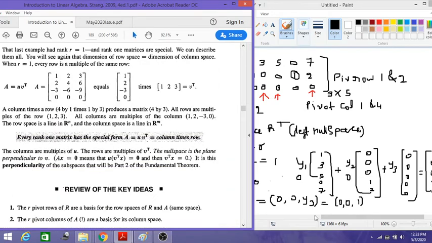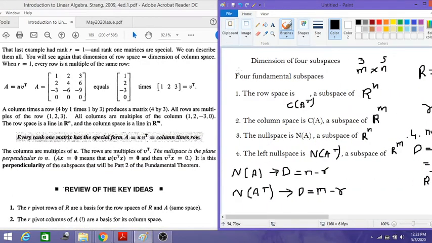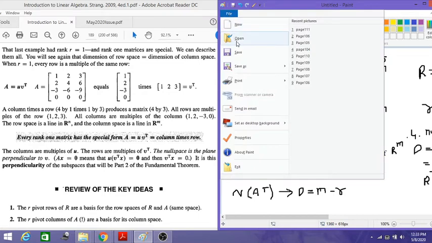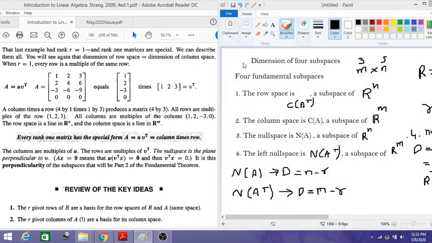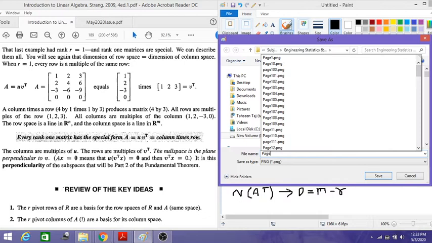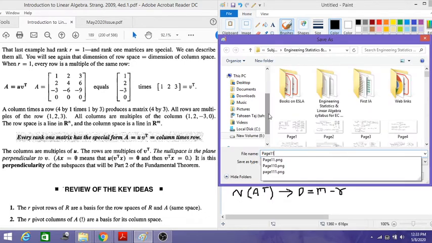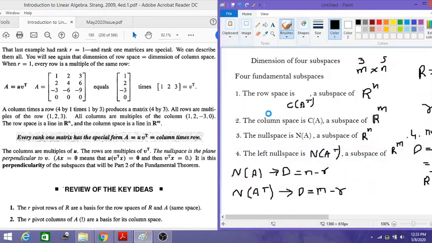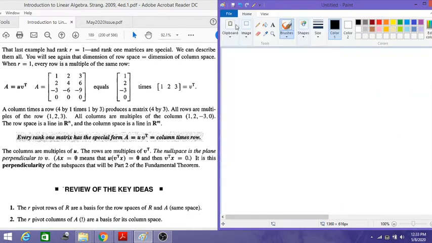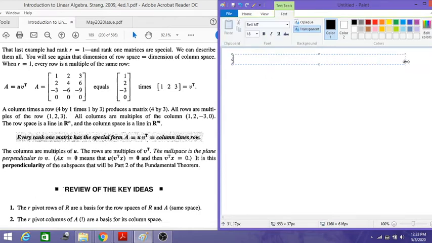So let's take one example here to help you understand the dimension of the subspaces and other things. So let me save this page here. Oh no, that's something else which I saved. Okay, anyway. Let's take one quick example here. I'll define the question first, then we will go for the solution of it. So the question is here,